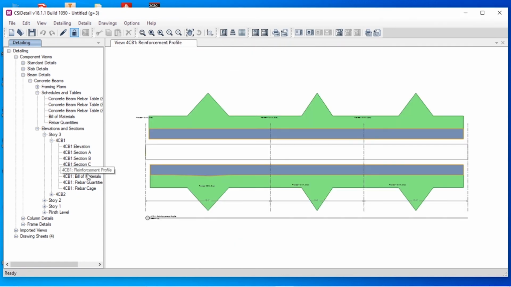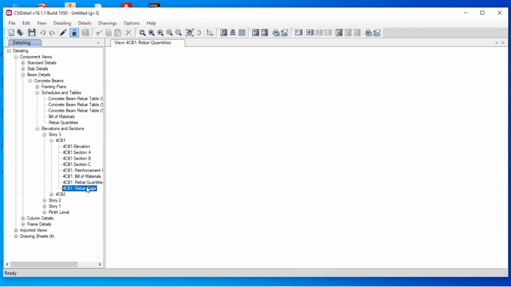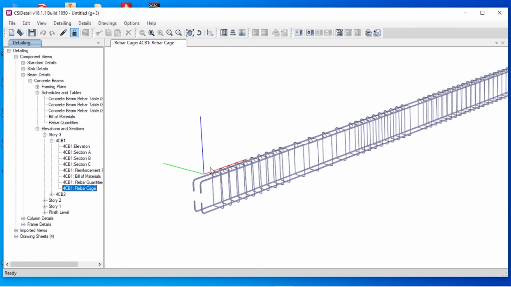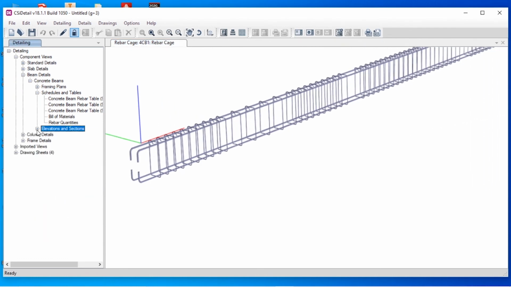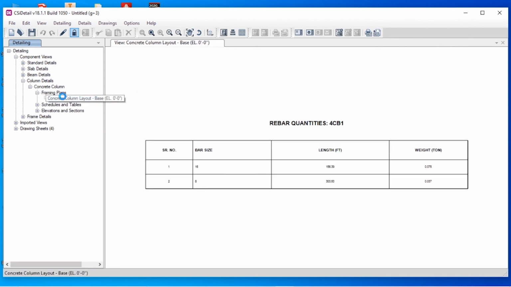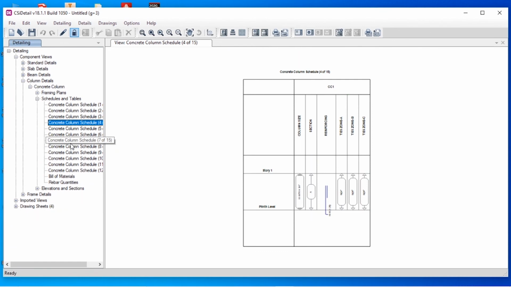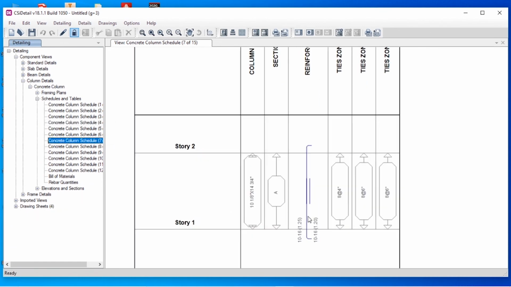Here you can see the reinforcement profile, bill of material for each and every beam, and this is the reinforcement gauge, you can see. And similarly for the column also it is the same. This is the framing plan, and the schedule is also given over here for each and every column.